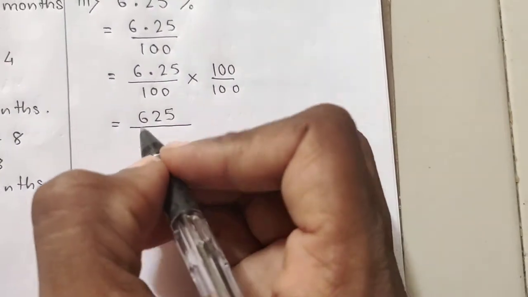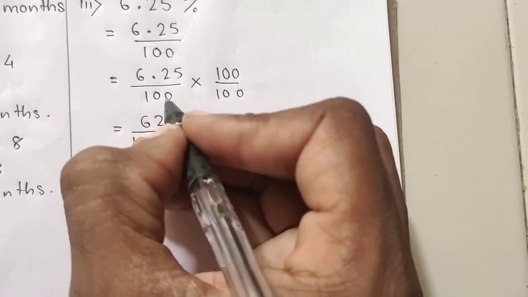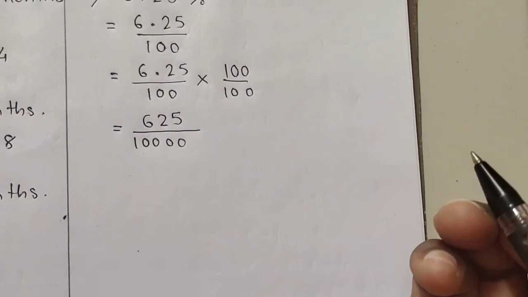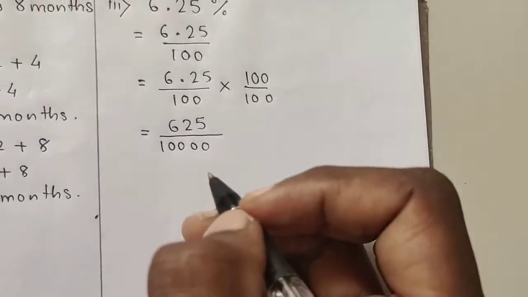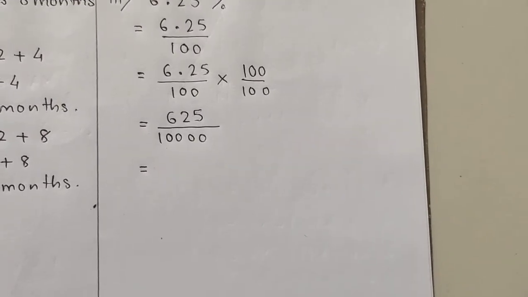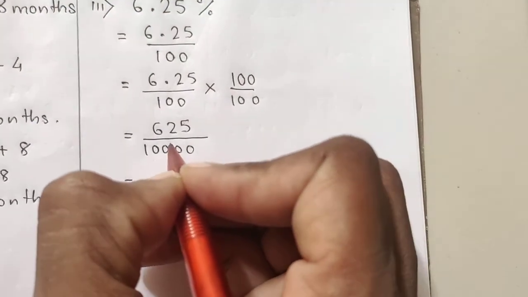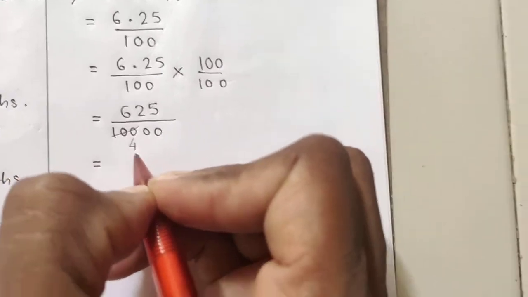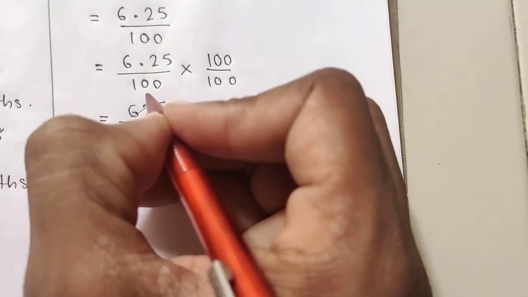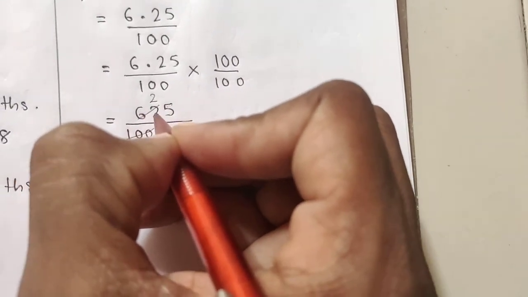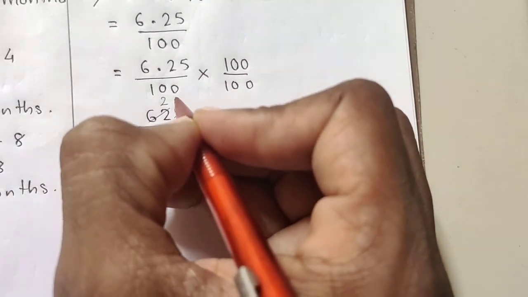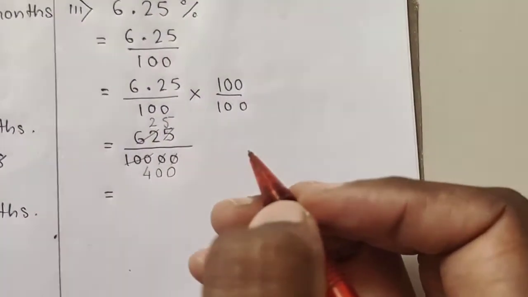Now you have to multiply the denominator. This is 100 times 100, so here 4 zeros. Now you have to do the cancellation. Better do the cancellation by 25. 25 4s are 100, and 2 zeros are there, so write them here also. 25 2s are 50, so 60 minus 50 is 10, 12 is remaining, so 125. 25 5s are 125.